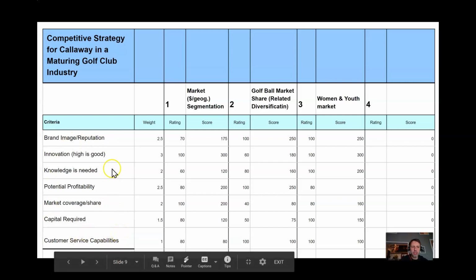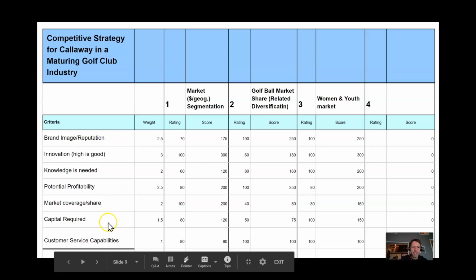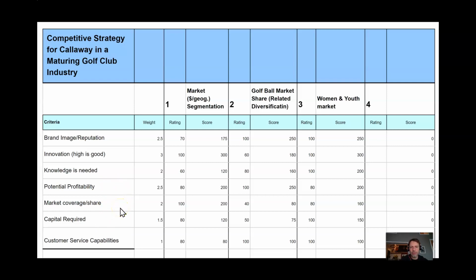So you can alter the criteria based on what makes sense in your industry a little bit, but there should be something around how it's going to impact the image of the company, its potential financial impact, both in terms of revenue and cost, and what is necessary actually to carry this out. Is this a difficult strategy to do? Or is it a more simple strategy compared to the others?